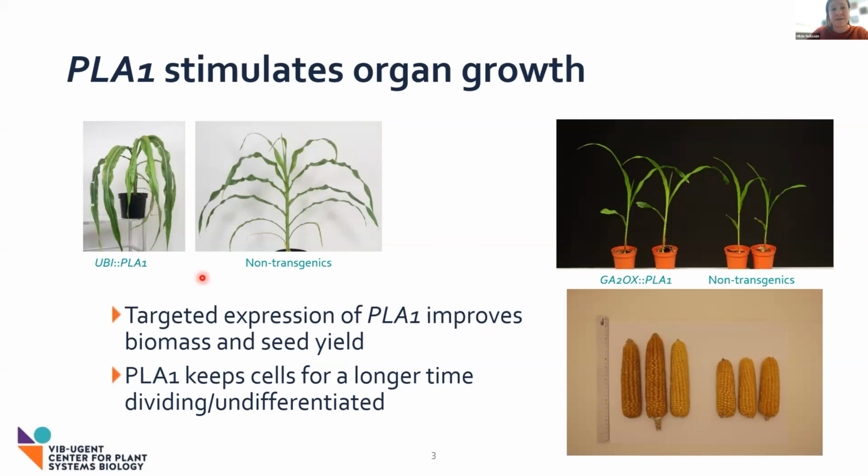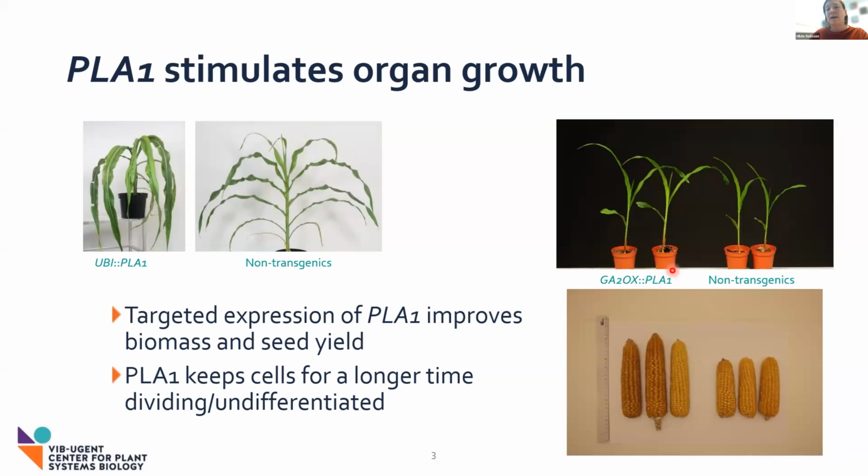These plants had difficulties to make inflorescences, so we had to go back and make another design. And then we chose to express plastochron 1 ectopically within this division zone of the maize leaf, using a specific promoter that we identified through our profiling studies. And when we did this targeted overexpression, we actually saw that we could indeed stimulate organ growth in a way which was beneficial, like it's shown here for seedling vigor,